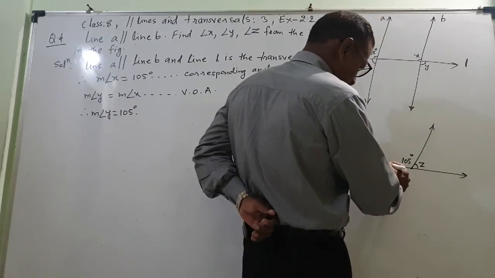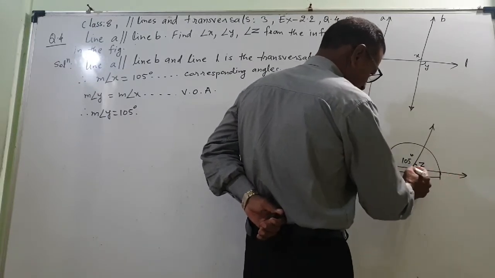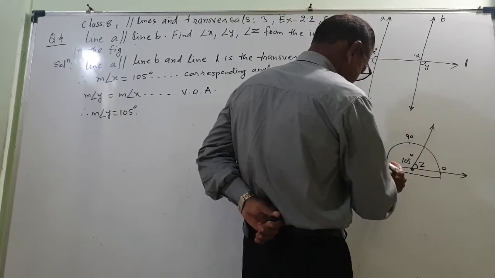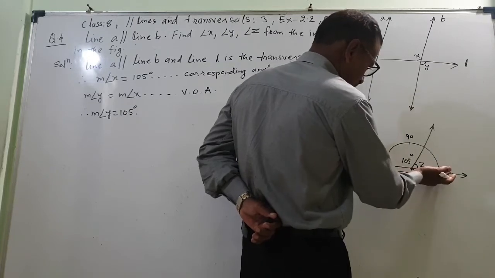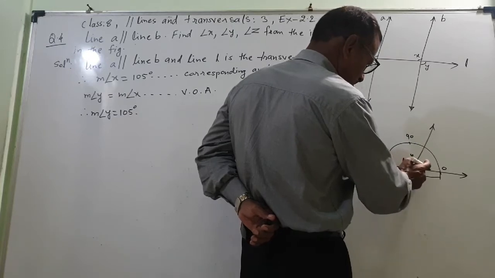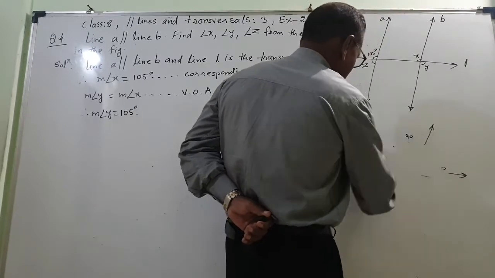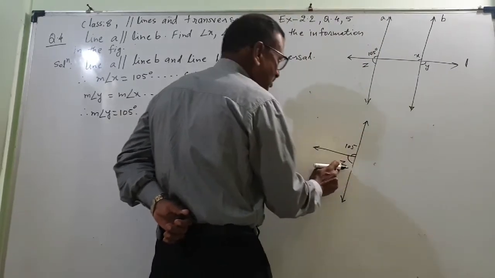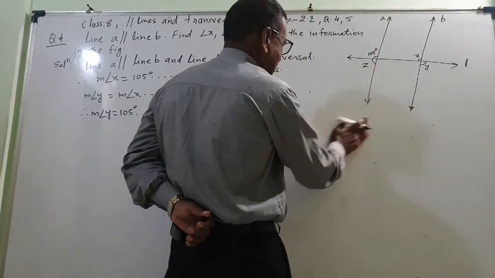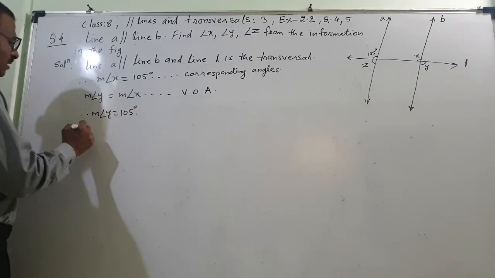Suppose I am putting the protractor like this, matching the center here. Here it is 90, here it is 0, and here the marking will be 180 degrees. So from here to here it is 180 degrees. Out of that, this is 105. So this plus this is equal to 180 degrees. They are called linear pair angles. On the line, if two angles are formed, they are called linear pair angles.